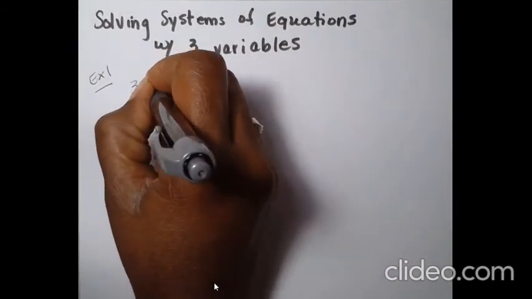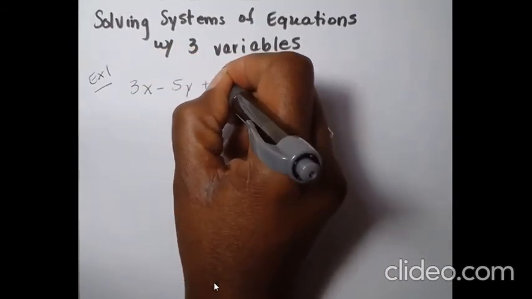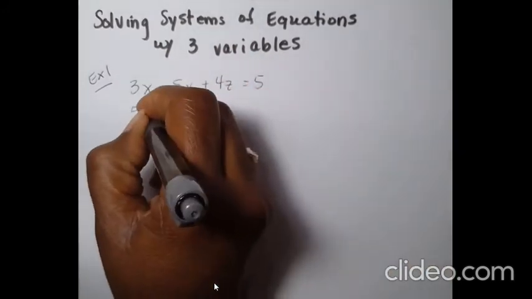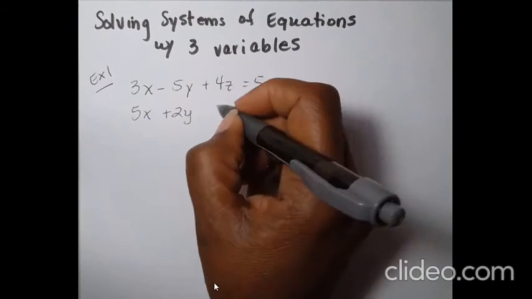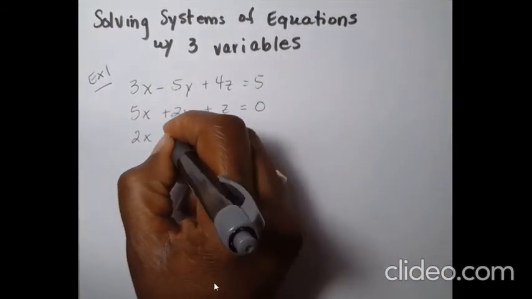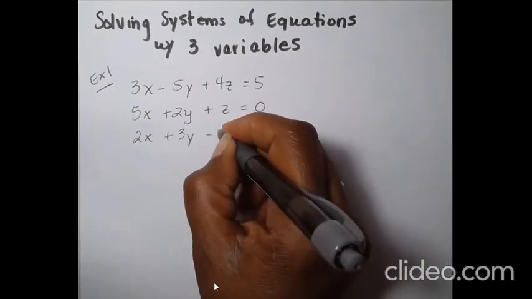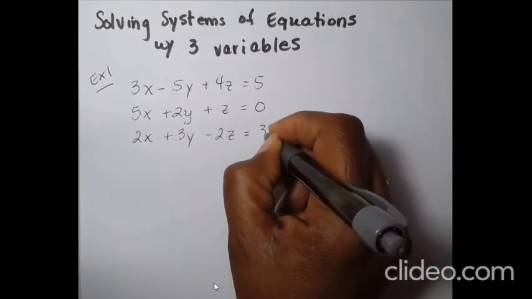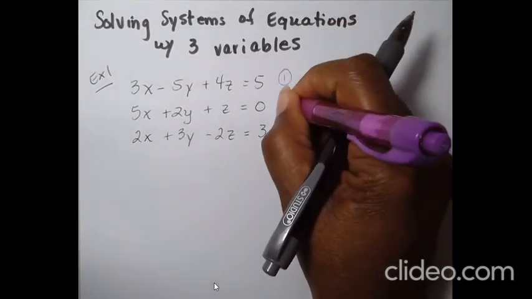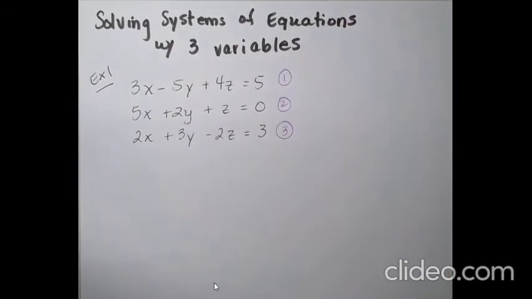We have 3x minus 5y plus 4z equals 5. We have 5x plus 2y plus z equals 0. And we have 2x plus 3y minus 2z equals 3. I'm going to call these equations 1, 2, and 3 to start off with. It'll mean something to you in a minute when I start to combine equations, so you'll know which ones we're